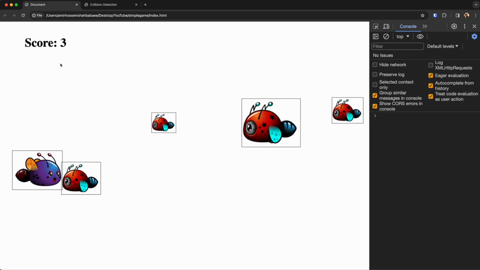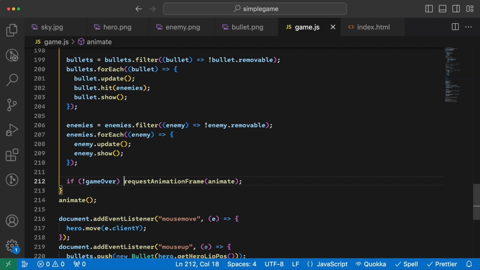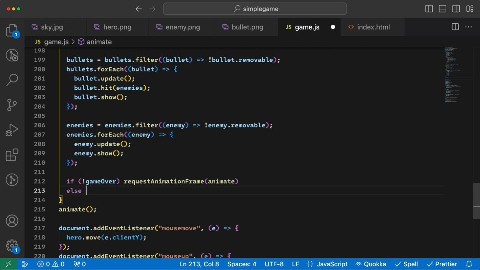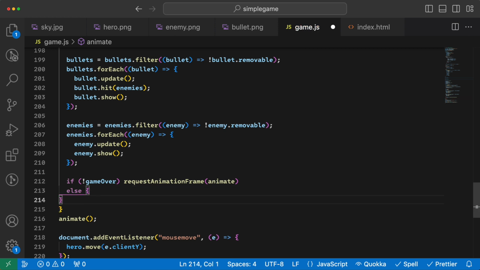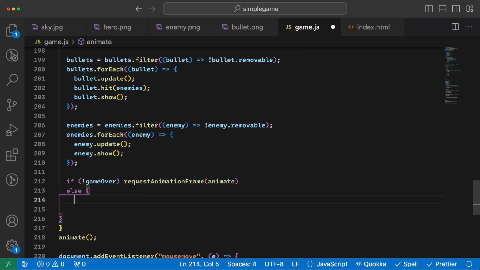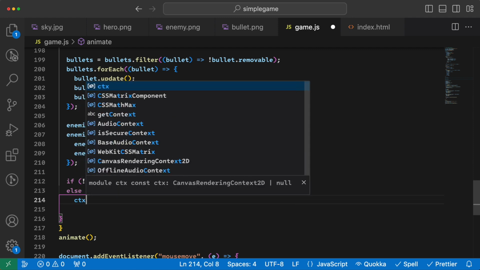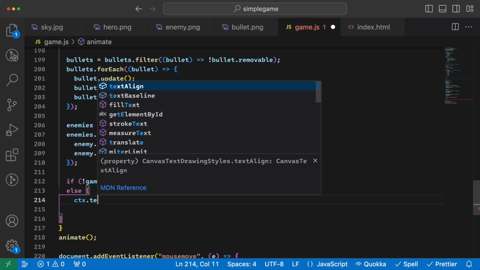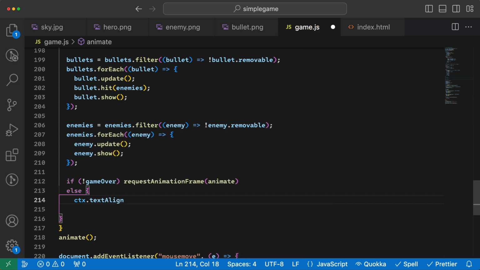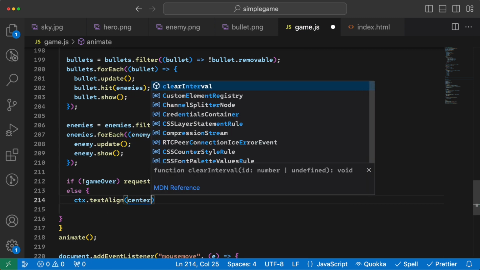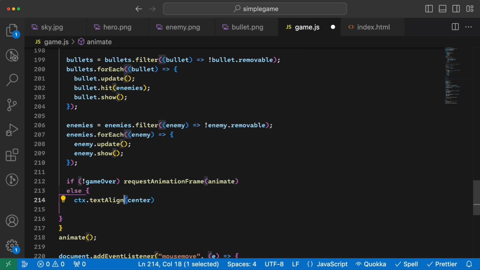Great, so now the game stopped and basically the game is over. So let's show something that the game is over. Here, when the if happens, then there needs to be an else that shows the game is over. So here I just align the text on the center of the place that I want to write, so like this,